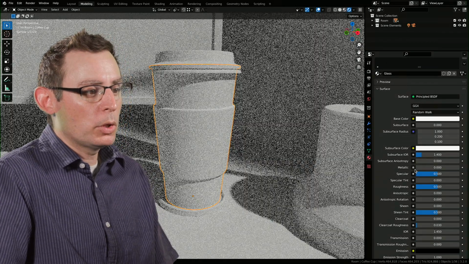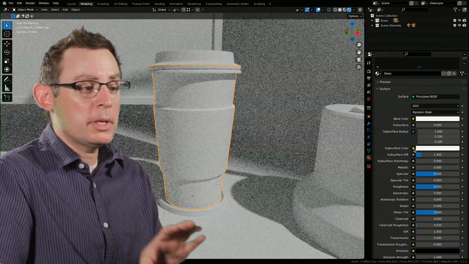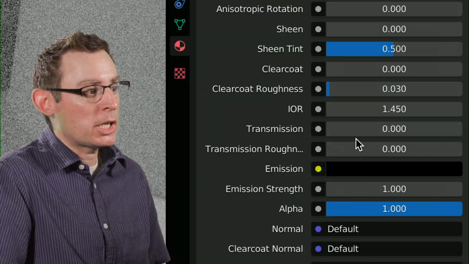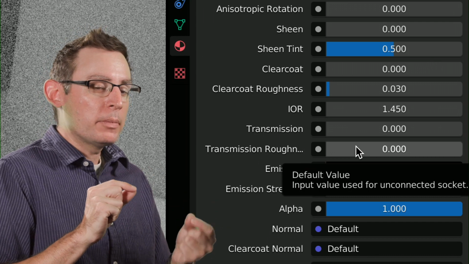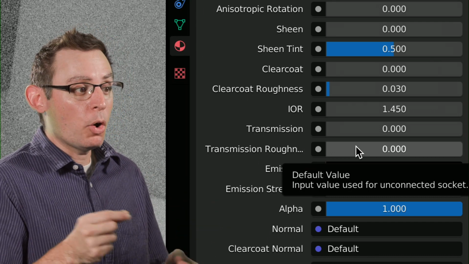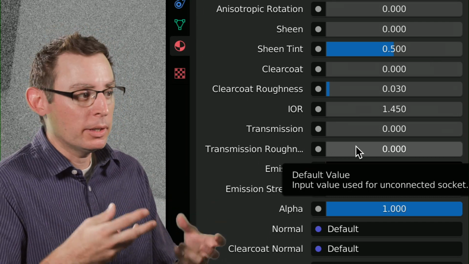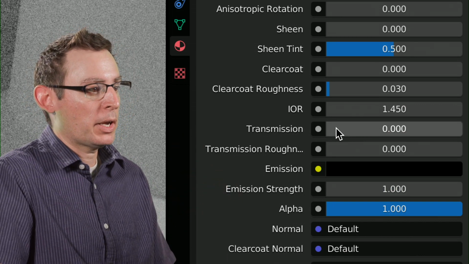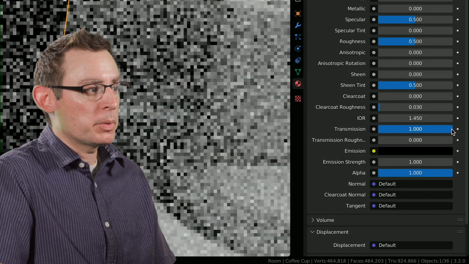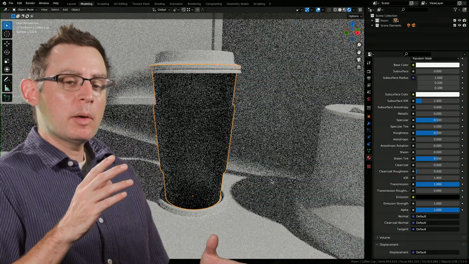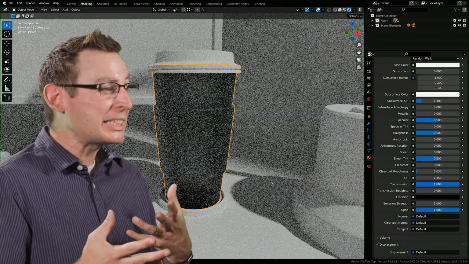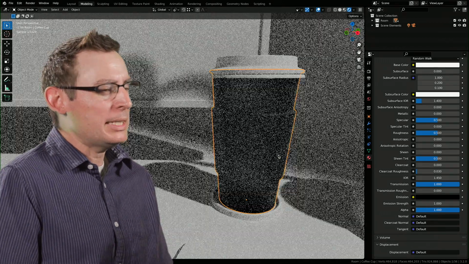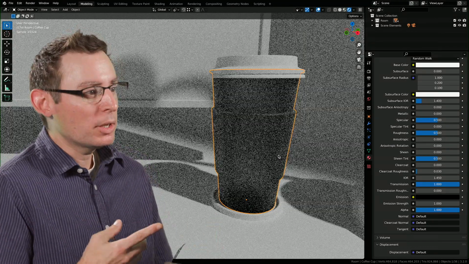All right, and what we're looking for here inside of the principled BSDF shader is the transmission section, this one right here. The default value is 0. If we put this to 1.0, it's going to make this entirely transparent. So transmission equals transparency. Let's just turn it up real fast and go all the way to 100%. And you can see that my coffee cup has kind of gone black, which is not exactly super desirable, but something's changed. Well, why is it black?